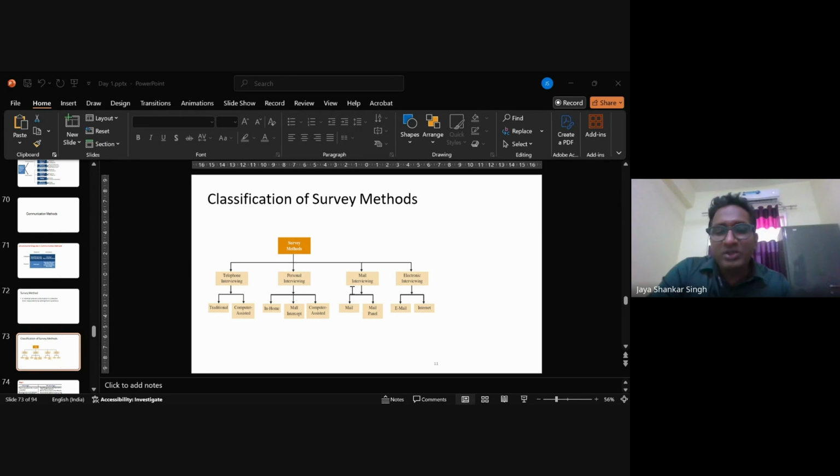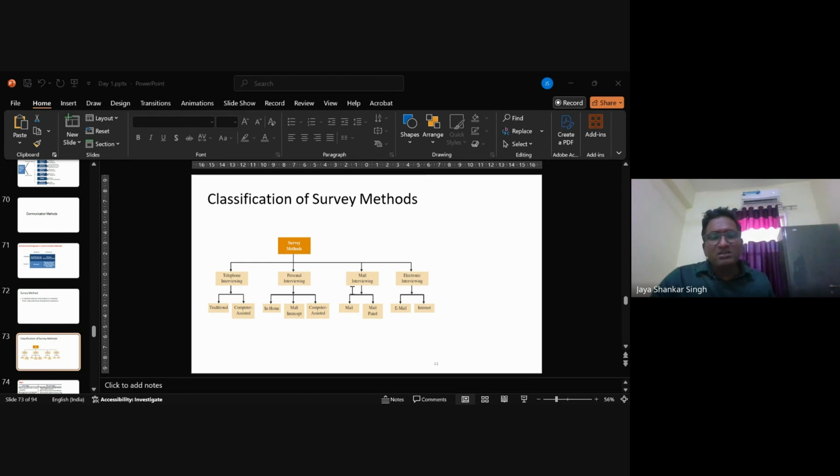For example, I will ask you, how do you feel about this remote workshop? That is an example of an open-ended question. But if I give you a few options, rate the workshop from 1 to 5, 1 being worst, 5 being best, that becomes a close-ended question. I am restricting your response to a few options. So it can be multiple choice, yes, no, whatever it may be.